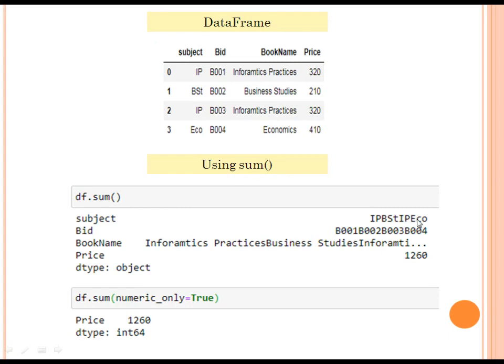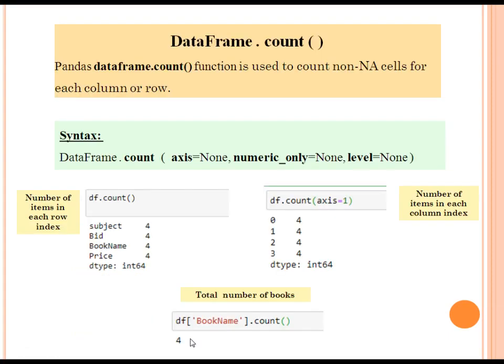And if I apply this sum on this book data frame, see the df.sum, the answer is sum of all the string values and sum of numeric values also. Clear? And if I put numeric_only equals to True, then it will take only numeric columns into consideration and find the sum. Is it clear?